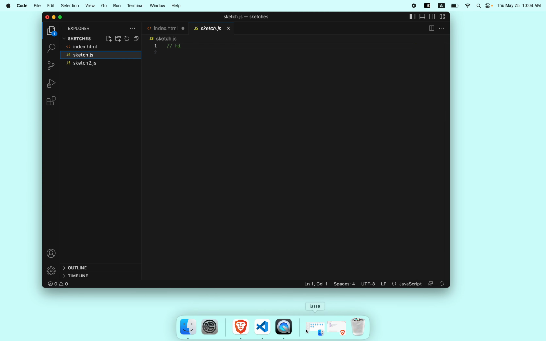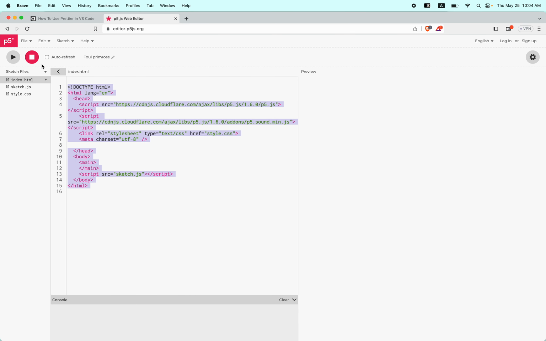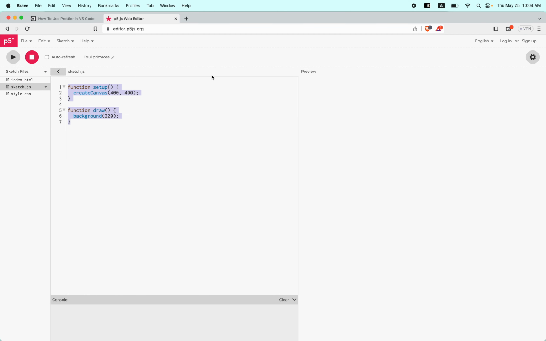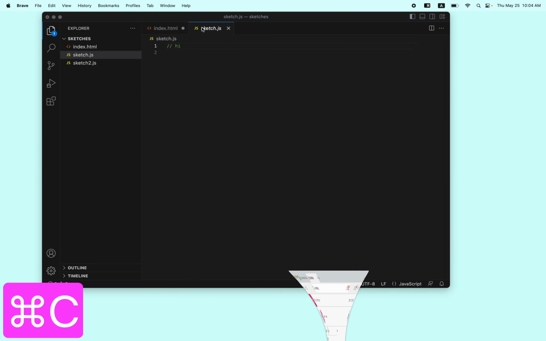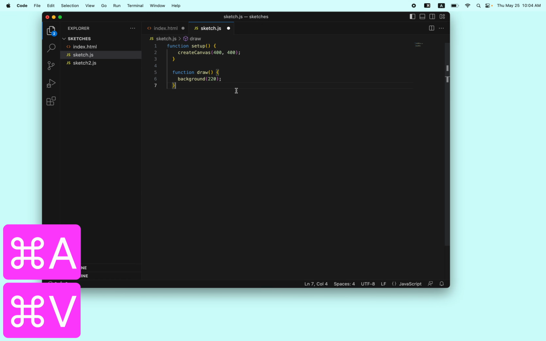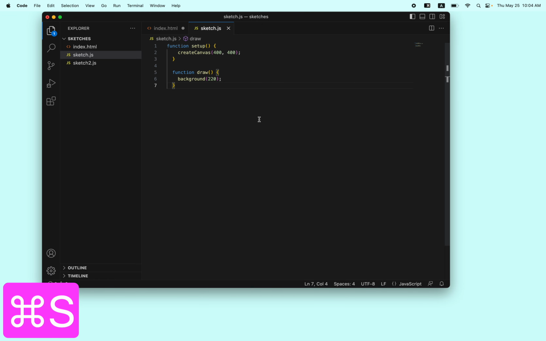I'm also going to just copy the sketch.js boilerplate so we have something to look at. Okay, so here's our gray box. Next thing we want to do is see it. Let's install Live Server. That's the name of a very popular extension for Visual Studio Code that